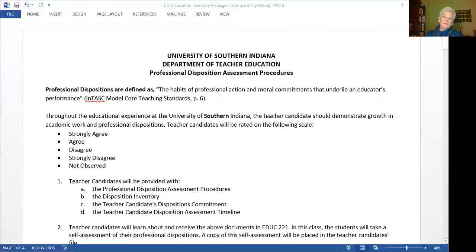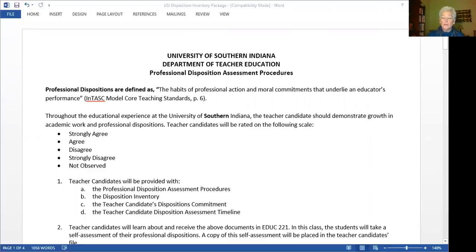During your time in the teacher education program, these dispositions will first be assessed by you in a self-evaluation, and then subsequently by instructors in courses that you will be taking throughout the different phases of exploration, analysis, and synthesis.